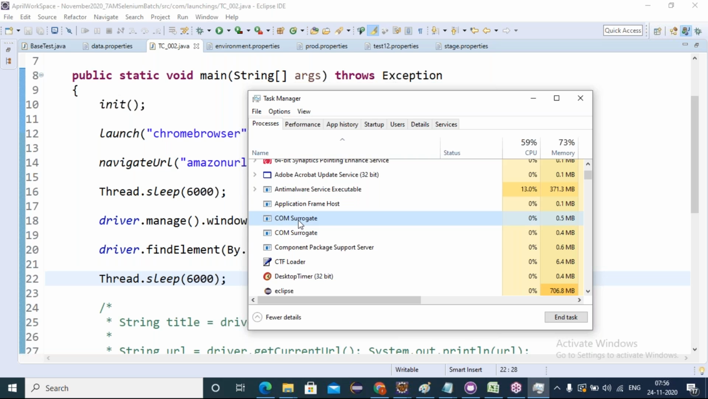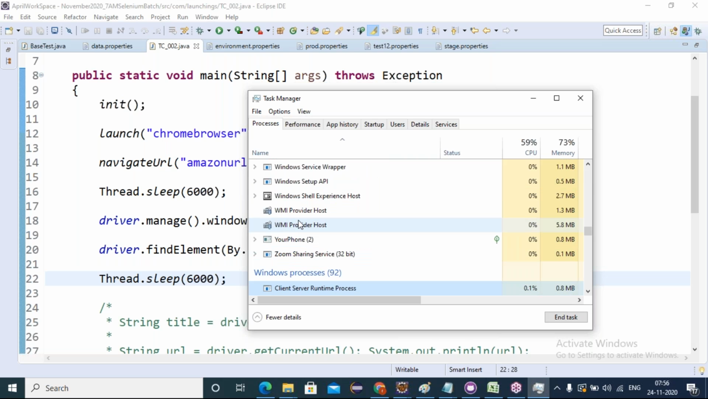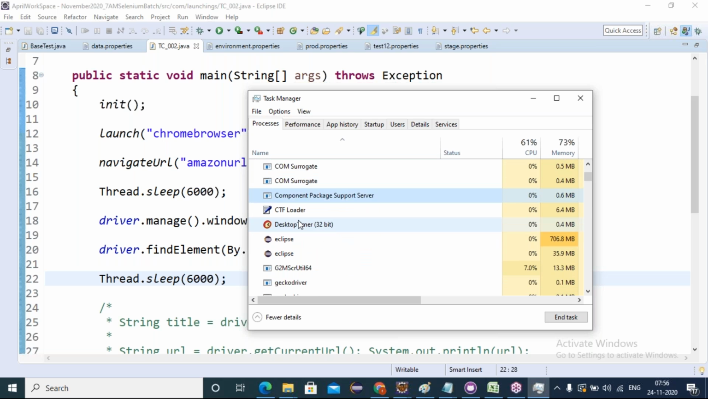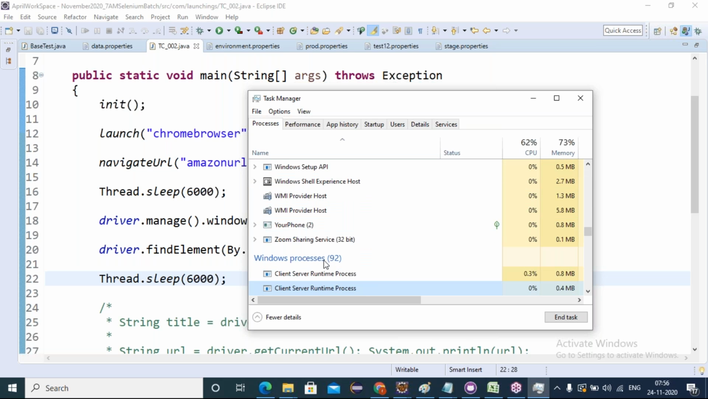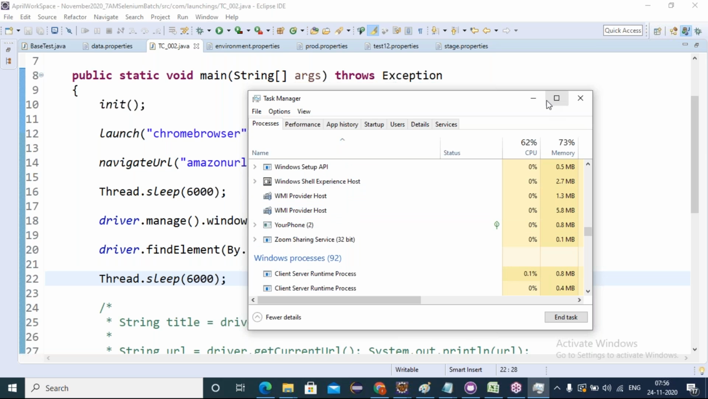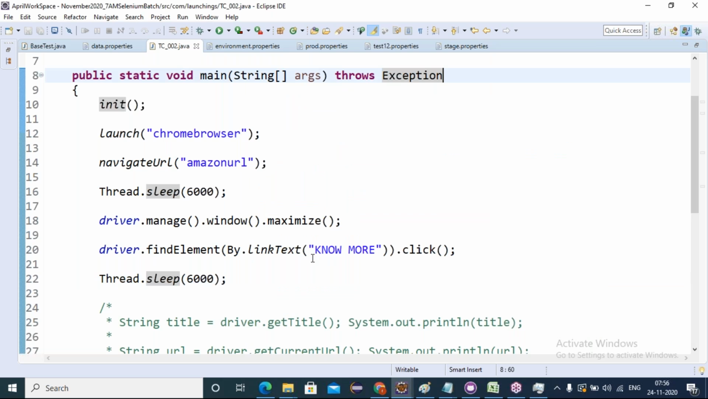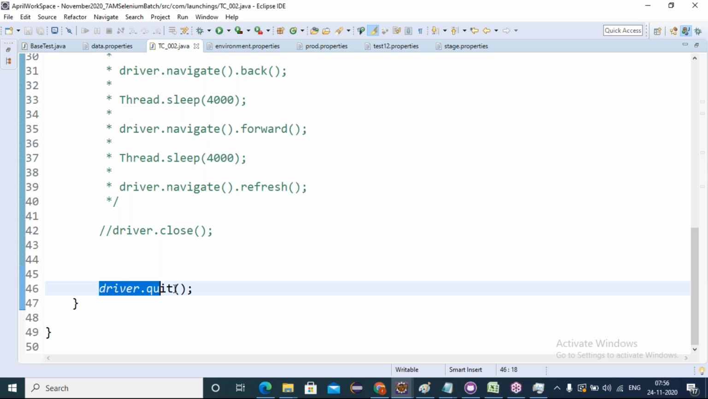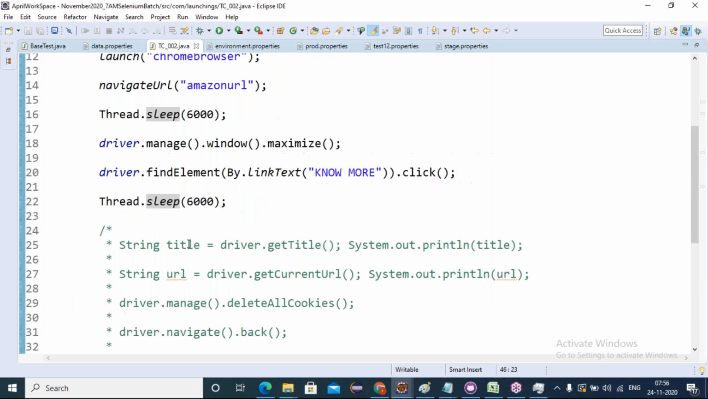Friends, notice, there are no such chromedriver exe, right? Observe friends, there are no Chrome drivers. I deleted chromedriver exe just now. Now I'm running it. Observe, when I use quit, it will close all the browsers opened by the WebDriver, and the backend chromedriver exe will also get killed. Now see here, if I run this program,